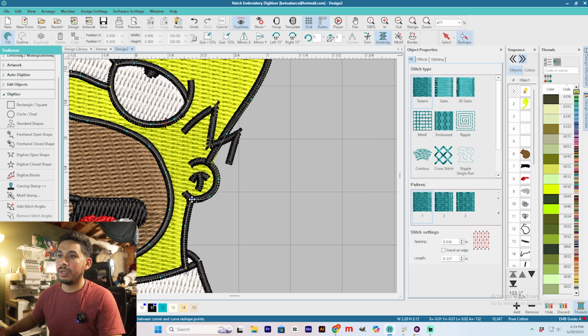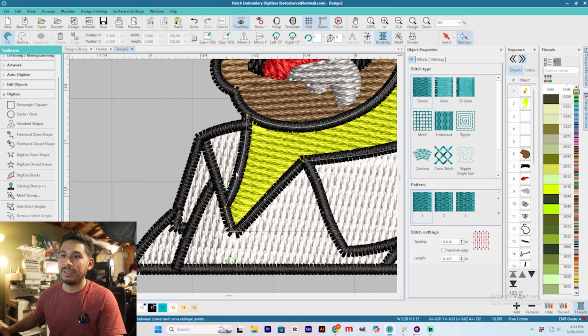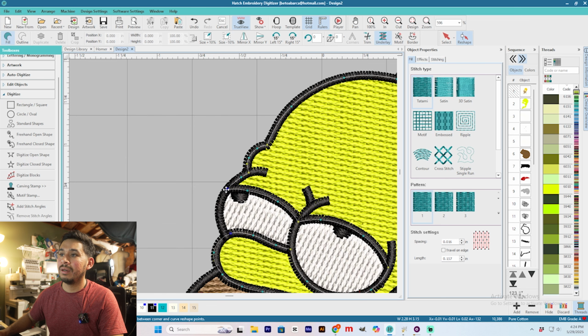Of course, when you're digitizing these objects off the bat, you're already thinking about that, just so you don't waste time having to go back through the entire design as I'm doing right now. But honestly, I still do it this way. My little brain can't handle all that. I just, you know,